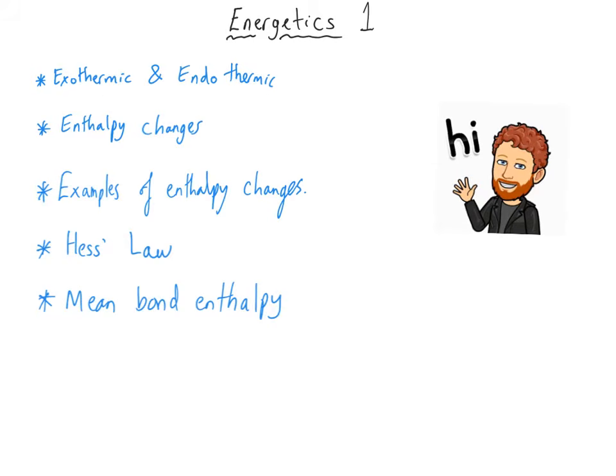We'll move from there into defining what an enthalpy change is, and from there we'll look at some examples, specifically enthalpy of formation and enthalpy of combustion. We will then move on to Hess's Law and take a look at Hess cycles, the thermochemical cycles. And we'll finish by looking at mean bond enthalpies and tie that back in to both Hess's law and enthalpy